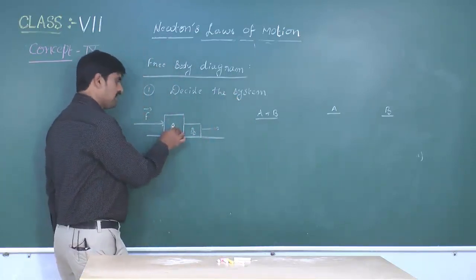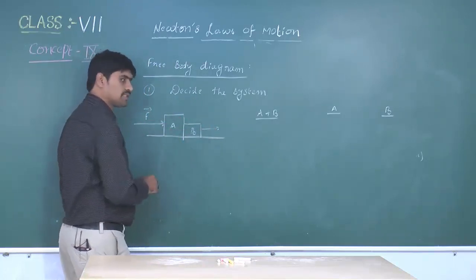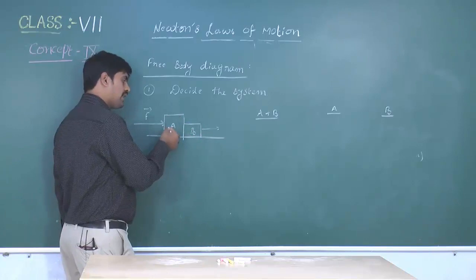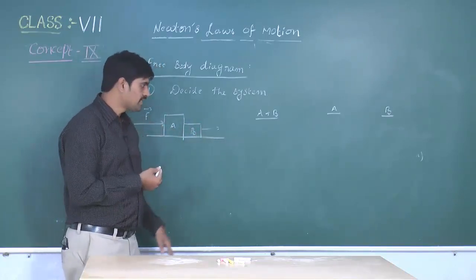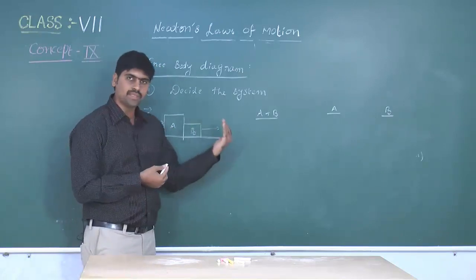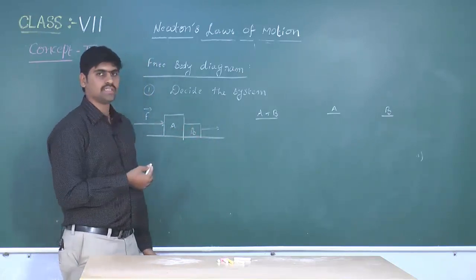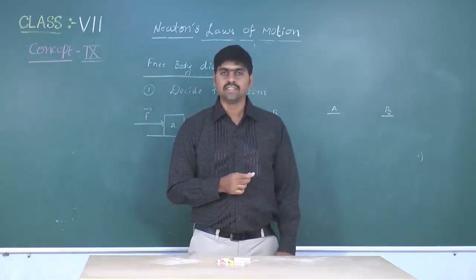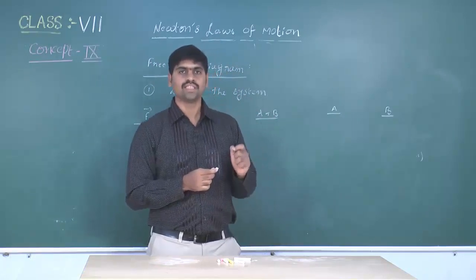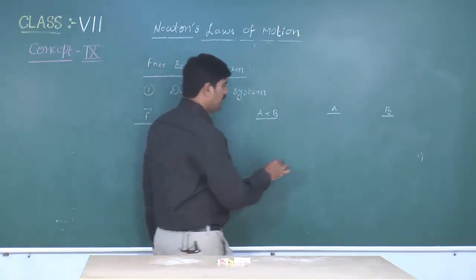Here I applied force on this total two block system. Now you can take A individually as a system and B individually as a system, or A plus B together as a system. But the condition is that the system which we are deciding must possess the same acceleration. That means, for example,